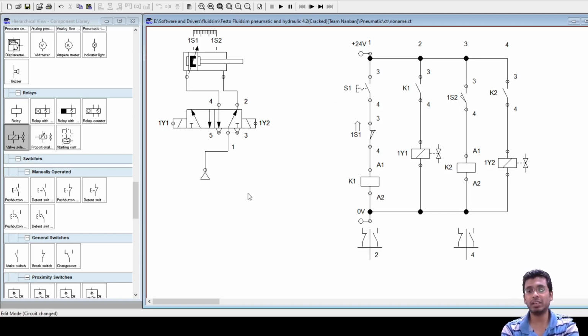Okay, now say I have to do this for only one cycle. What should be my change in this circuit? Say my cylinder should extend, reach the end position, and retract back, and that should happen for only one cycle, not continuous.